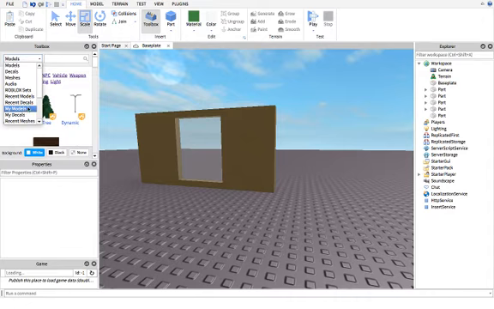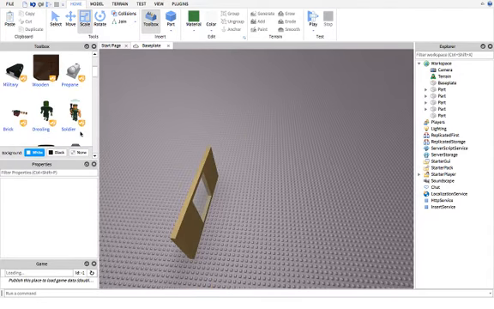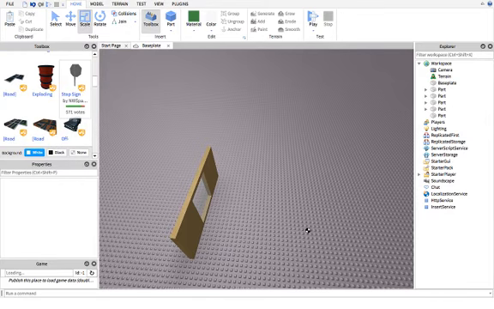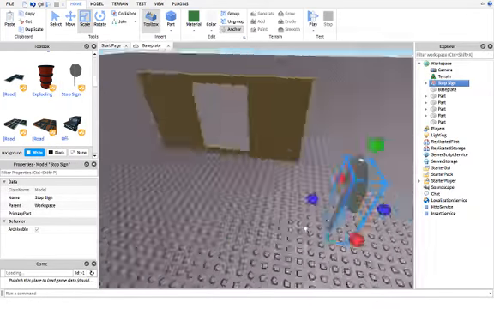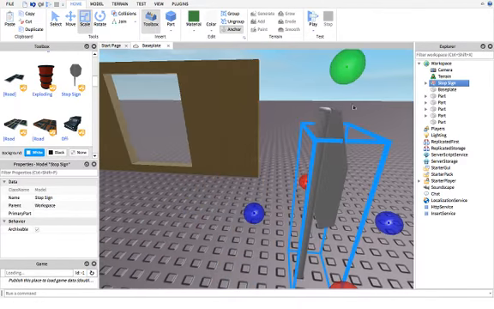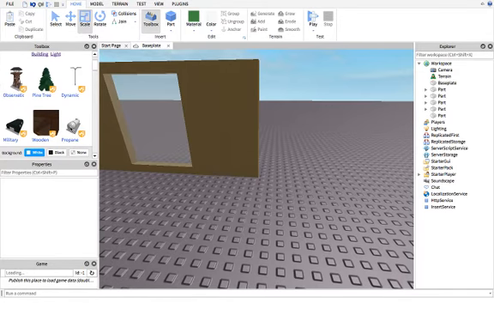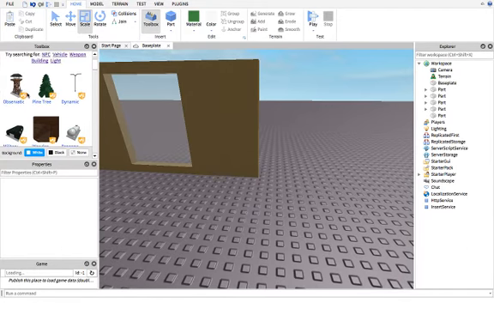After that, there's also three models that I'm going to introduce to you. And basically you can snip bits off it. So say if you needed a, that's not really the best example. Say if you needed a, I don't know,